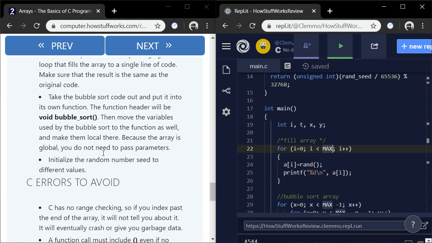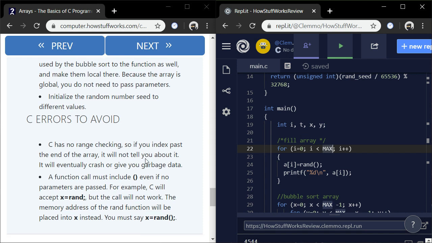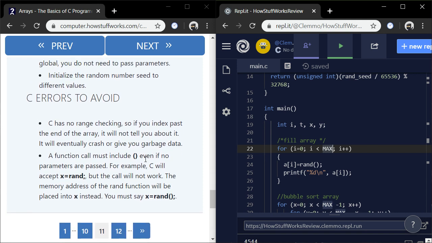Initialize the random seed to different values. And here are some errors to avoid. C has no range checking, so if you index past the end of the array, it will not tell you about it. It will eventually crash or give you garbage data. A function call must include parentheses, even if no parameters are passed.